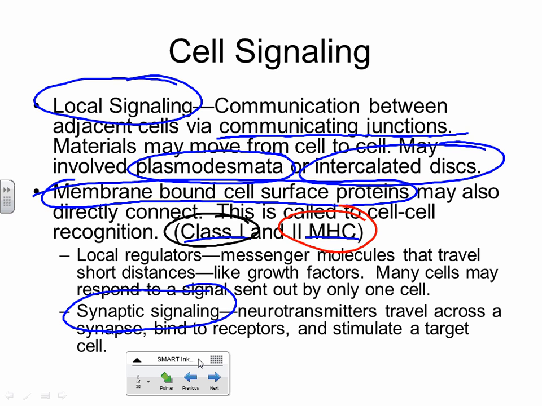And the way that works is that the nerve on the presynaptic side releases what? Yeah, they release neurotransmitters. And those neurotransmitters cross the gap, and they bind to receptors on the postsynaptic neuron, and that starts a what in that postsynaptic neuron? An action potential, right? An electrical signal in that next nerve. So those are all local. Those are cells that are right beside each other, talking back and forth.